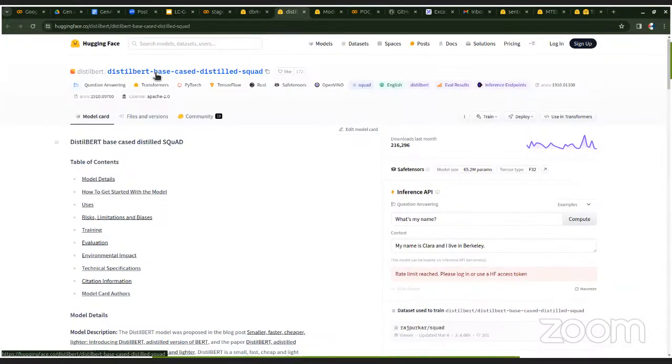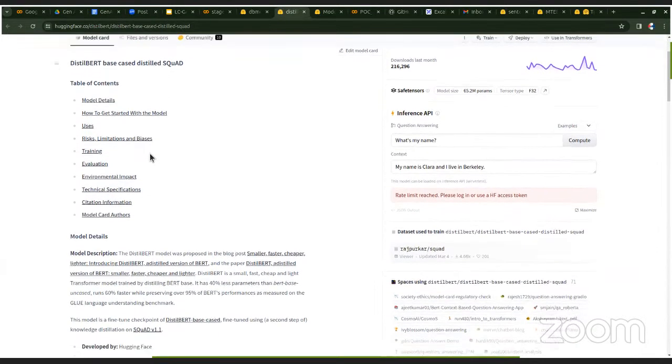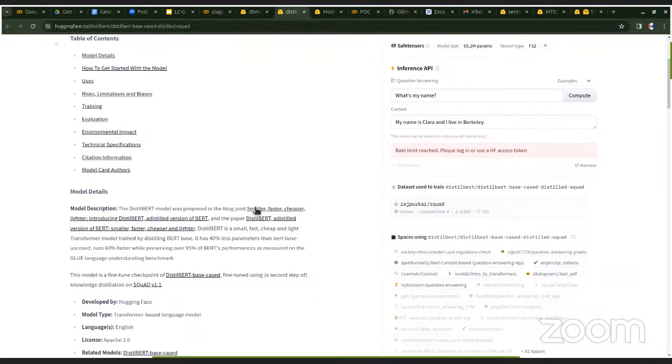Distillation is a technique where you reduce the size of a model. Distillation is a pretty complicated topic, right? But it's kind of outdated. But if you look at it, distillation was proposed in the blog "Smaller, faster, cheaper, lighter: Introducing DistilBERT." There's a Medium post behind that, and there's also a paper behind that too. And so DistilBERT is just a smaller, faster, cheaper, and lighter transformer trained by distilling the